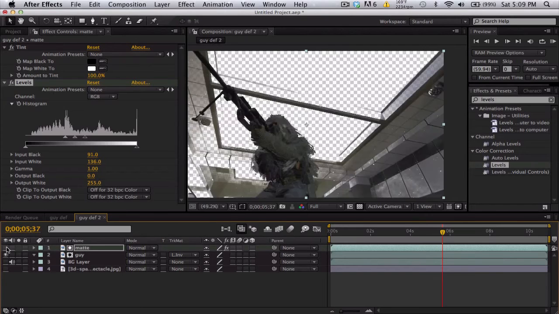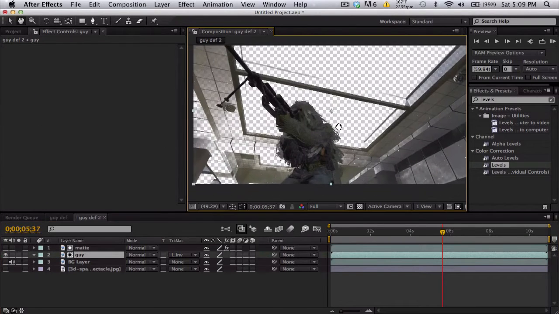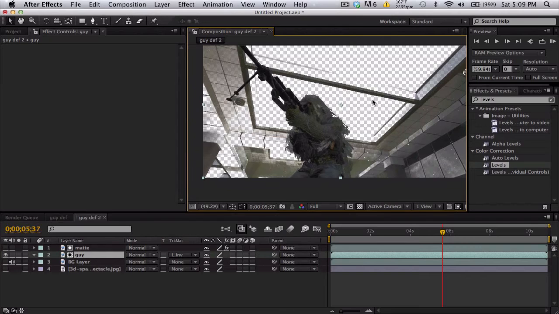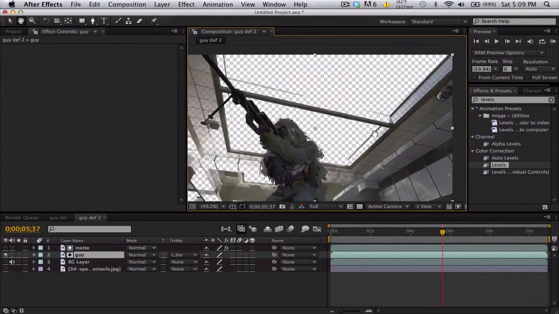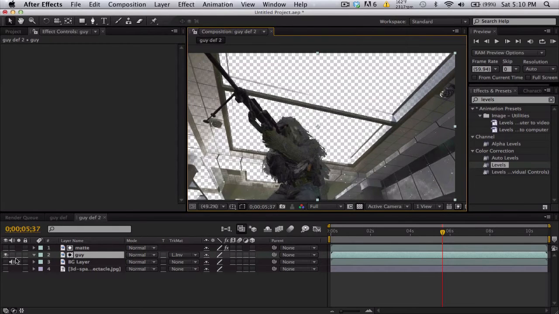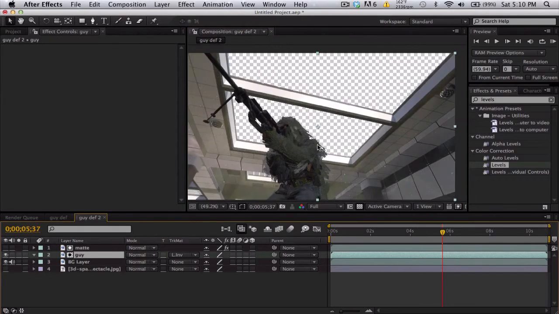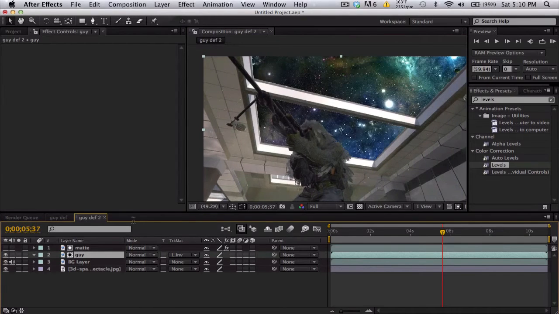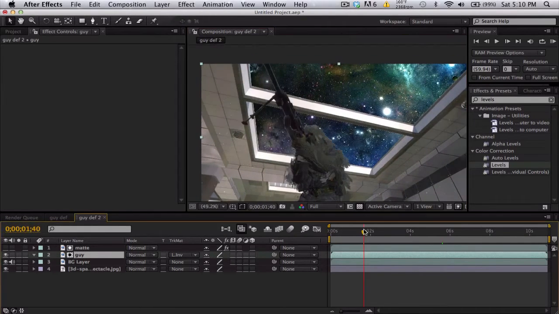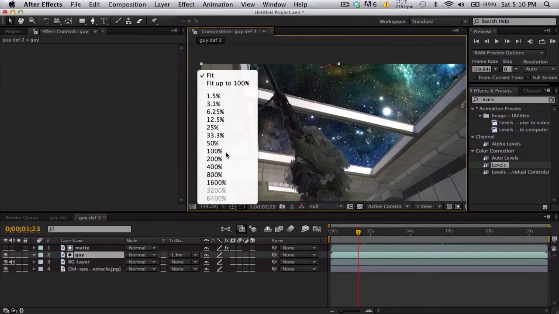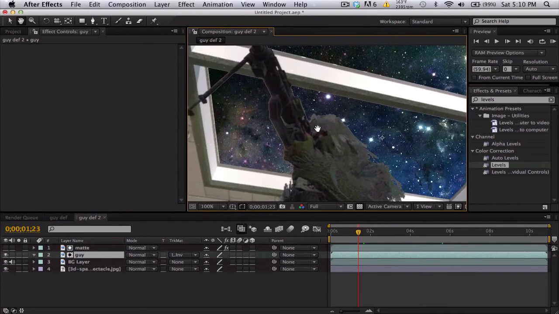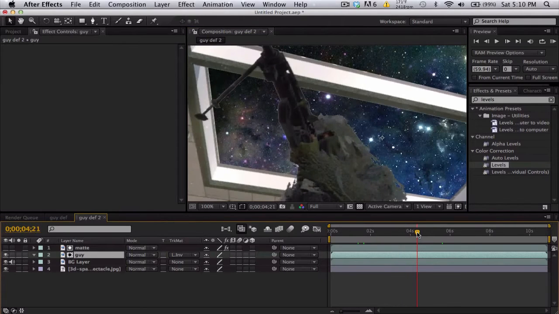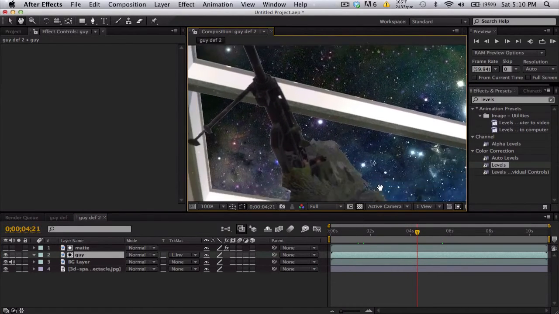So if I turn it back off, the guy is now completely filled in and the window is gone. Now it doesn't matter that there's still these pieces here, because that's going to add on to our background layer and it won't make a difference. So if I turn this back on, there we go. We got a perfect keying. If we look, looks pretty sharp. There's a little bit of weird gray edges,